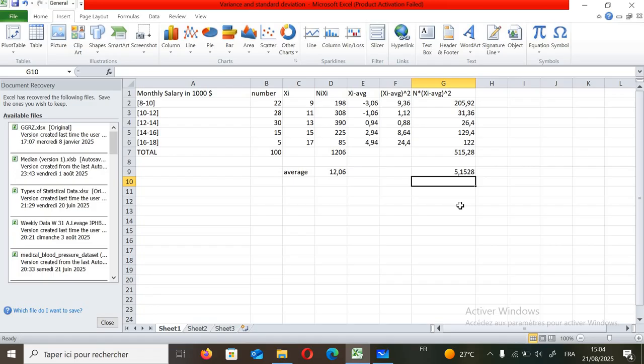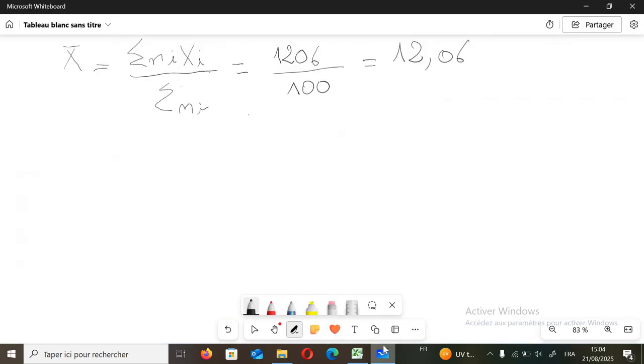Okay. This is the variance. If we want to calculate the standard deviation, it is the square root of the variance, which is simply